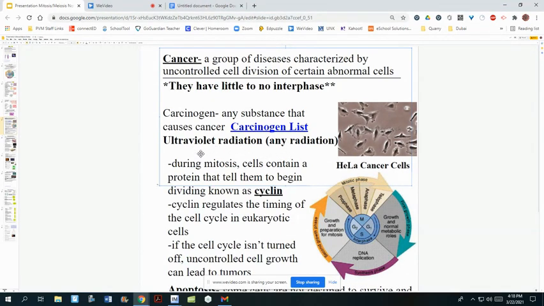We can also add on here viruses. They also have the ability to mutate our DNA. We call these oncoviruses. They can cause cancer as well. These don't have to be bold, but